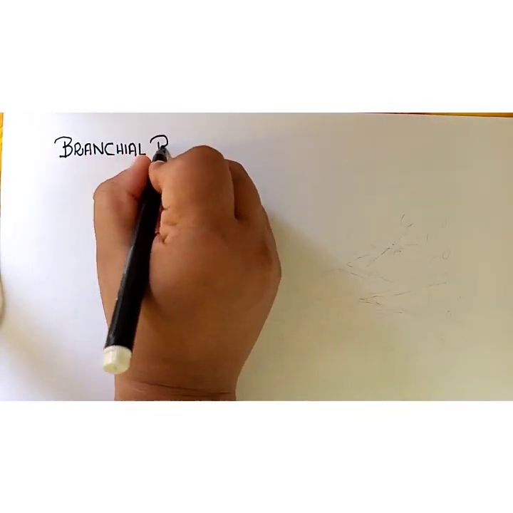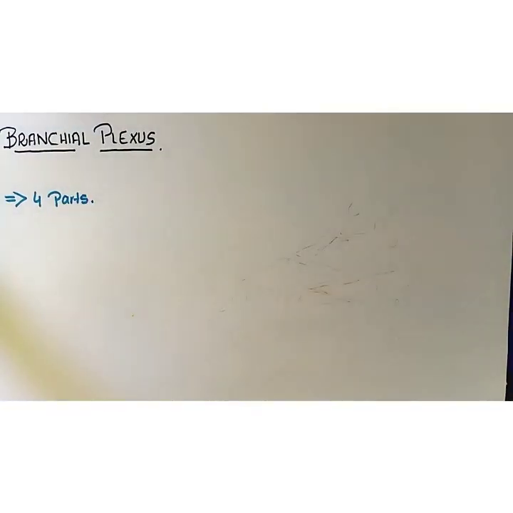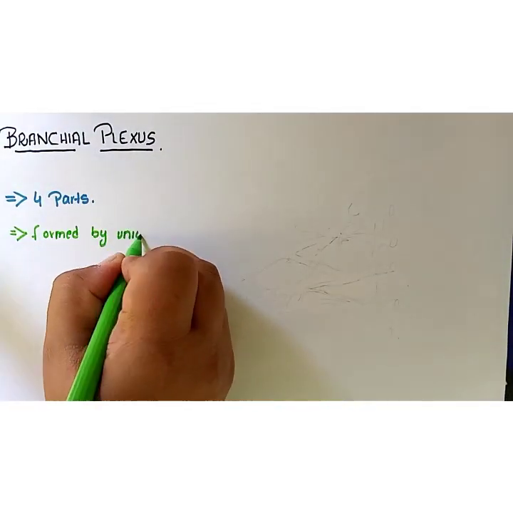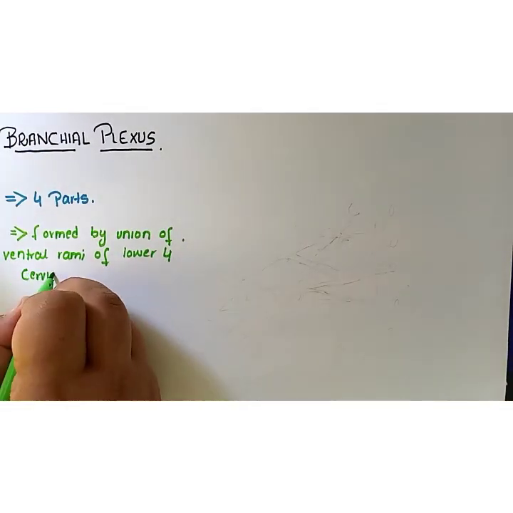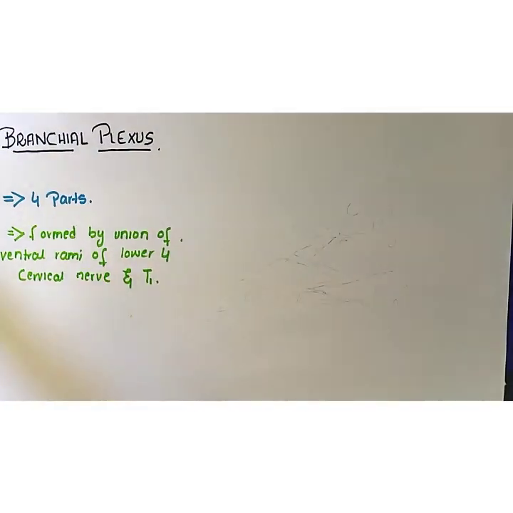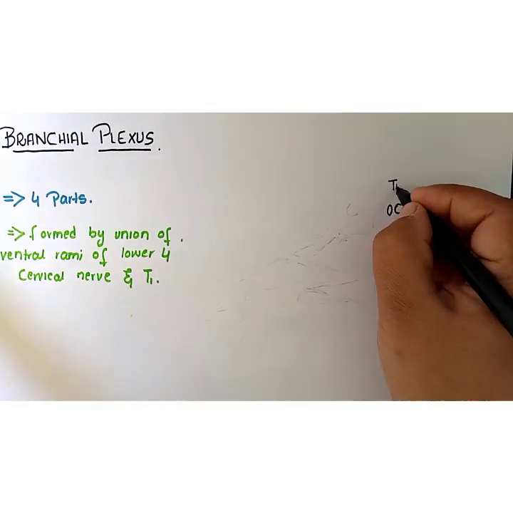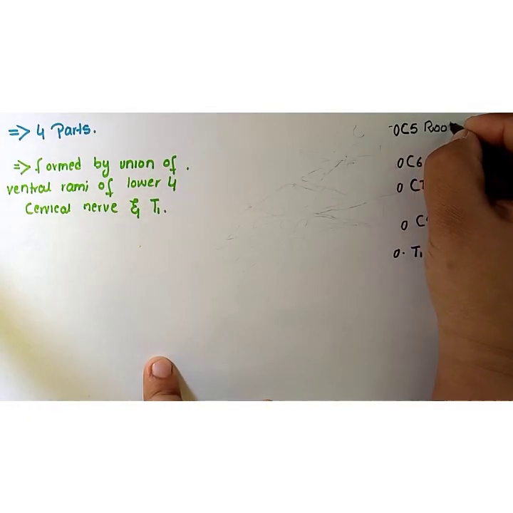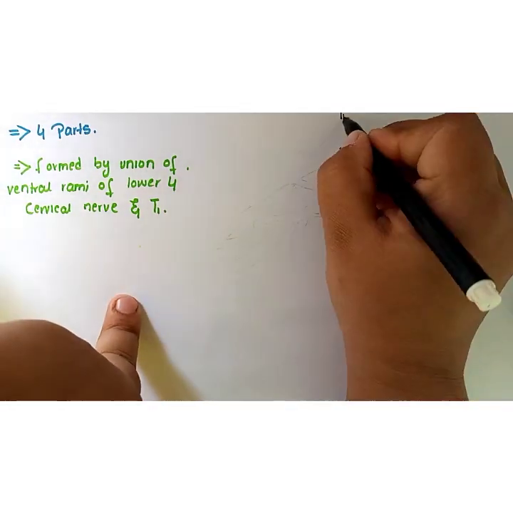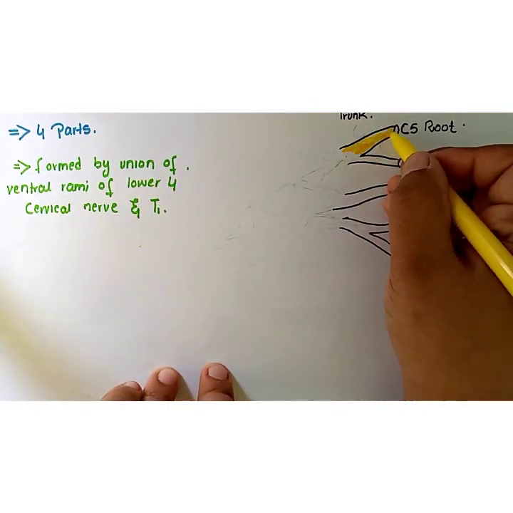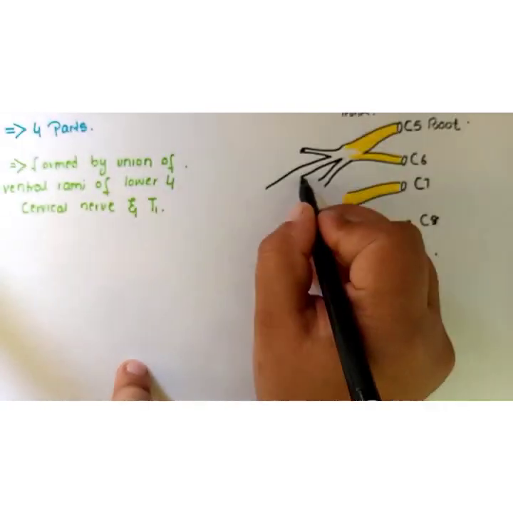And now I will explain about the brachial plexus, and it's really important. And there are four parts of the plexus, and it is formed by the union of the ventral rami of the lower four cervical nerves, and the contribution of thoracic one. So these are the roots of the brachial plexus, and when roots unite, they form the trunks. The superior trunk, which is the contribution of C5 and C6, is the largest one,